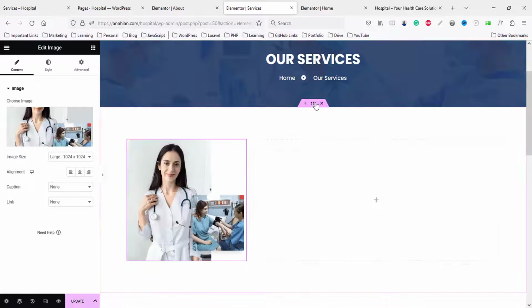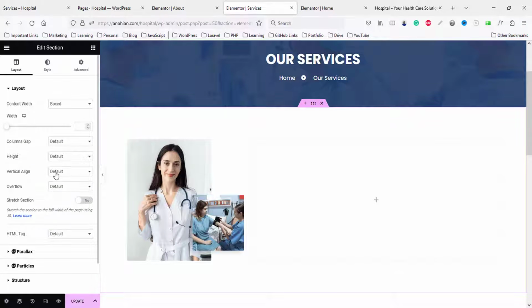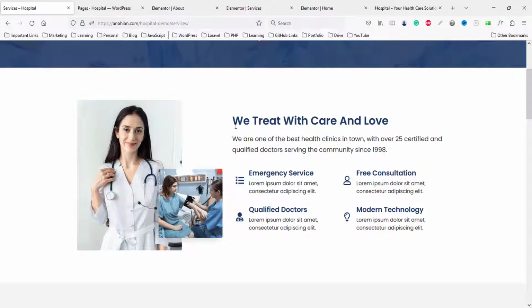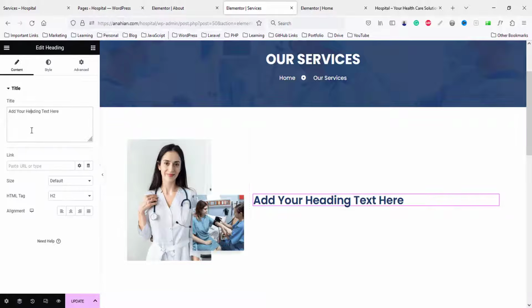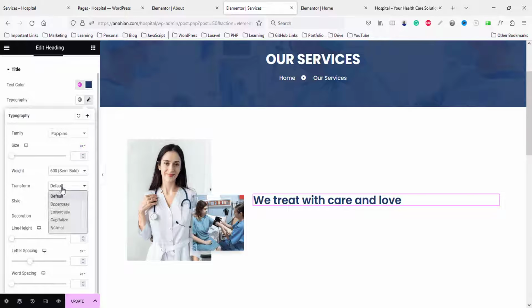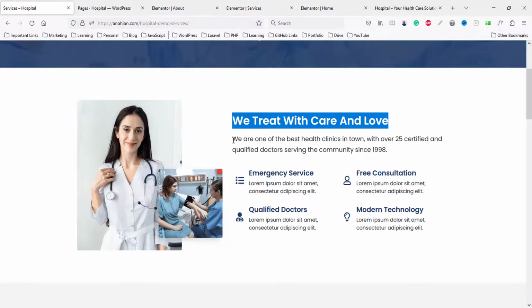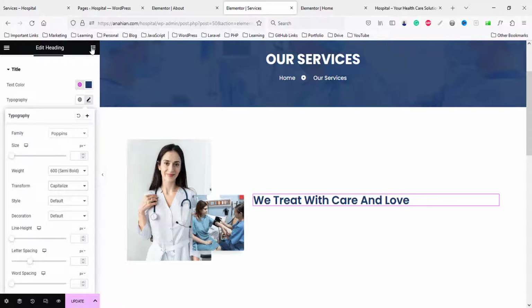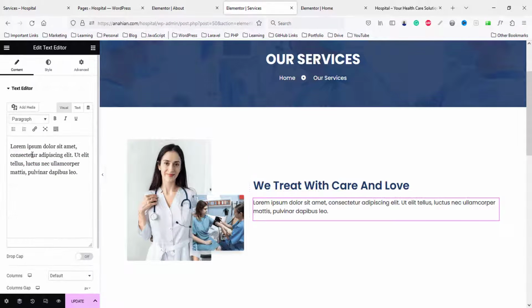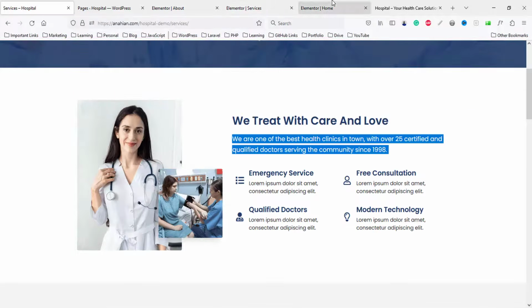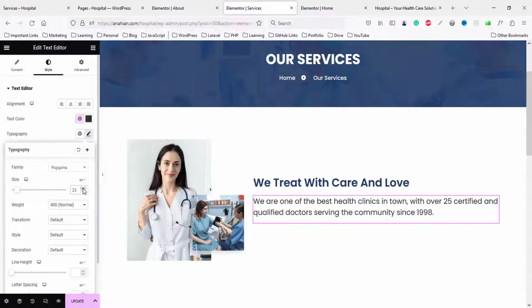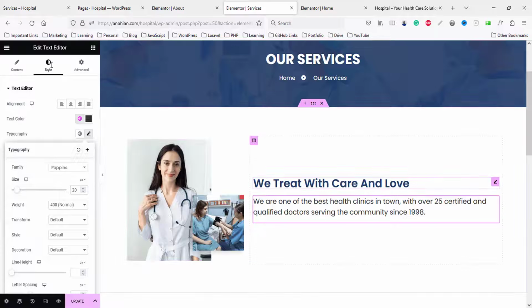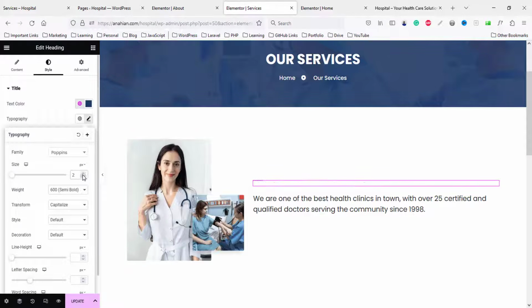Okay, and for this column we can size, layout, vertical align, middle. So from here we can copy this line, heading. Okay, go to style part, typography, text transform, capitalize. Okay, copy this line, add a text editor. Okay, fine, and we can increase some size like 22, 20. Then here we can increase some size like here 26 or